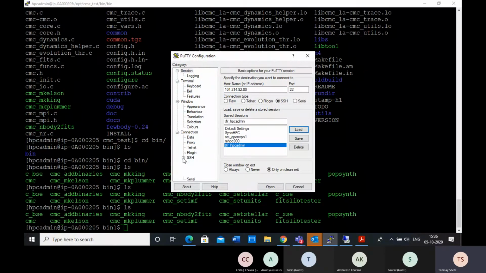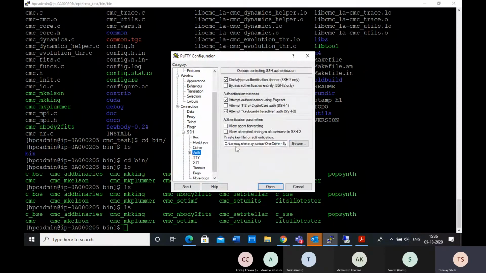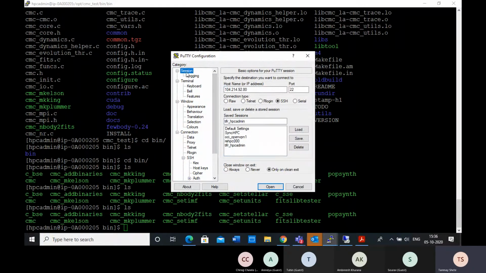Here, you can see that in the authentication file I have already added my private key so that I can connect to this master server which is in the cloud. So I have already configured it. The same thing you will need to configure at your side.